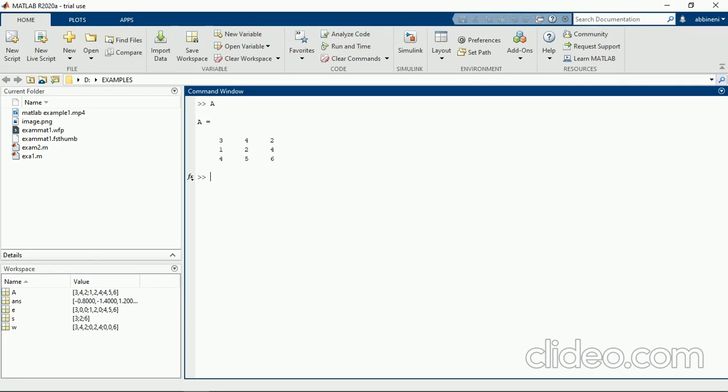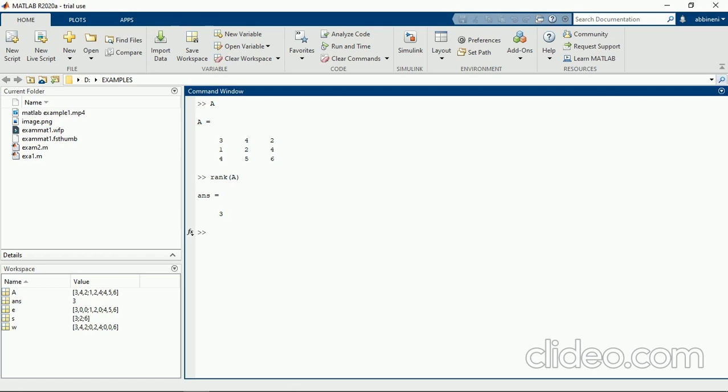In similar fashion, to find the rank of the matrix, we have the shortcut rank of A. So the rank of the matrix is shown.